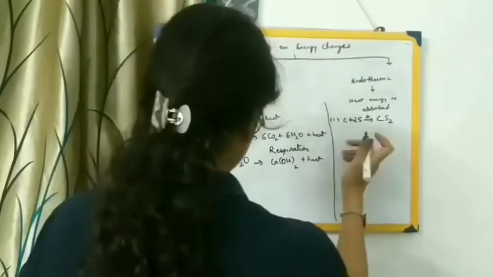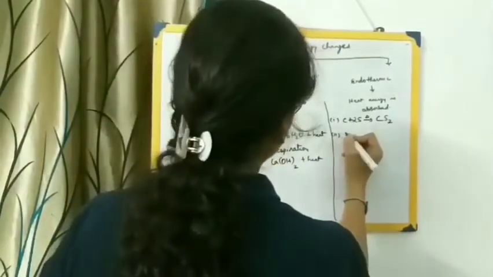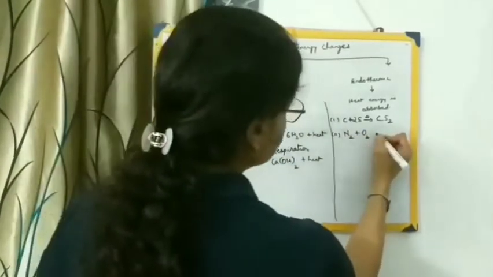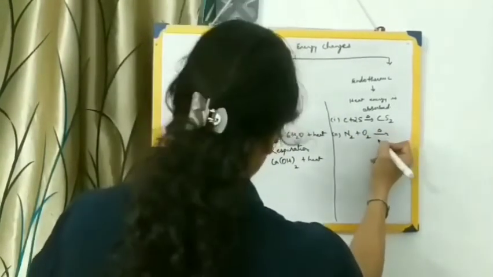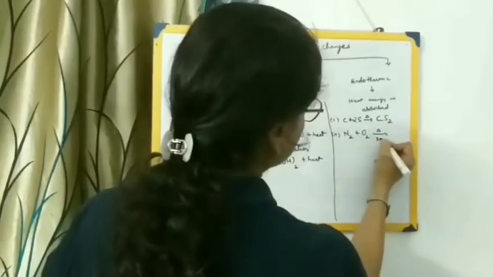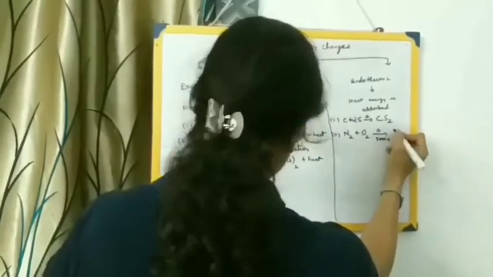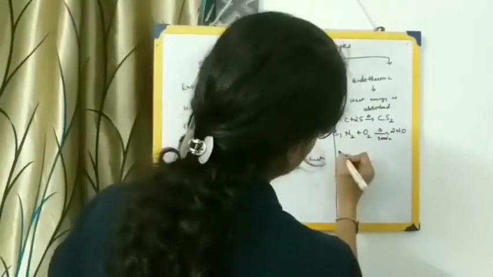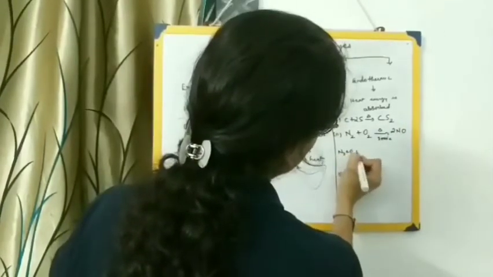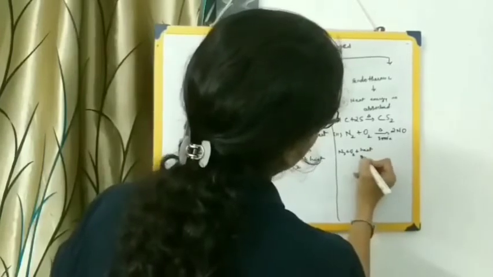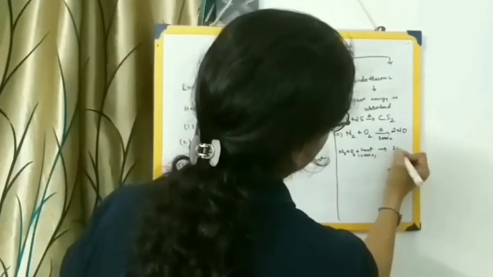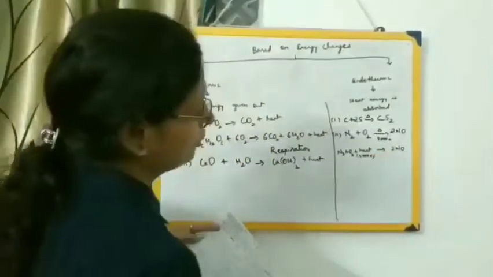Or we can take another example of this type of reaction, that is N2 plus O2, which on heating to a high temperature of 3000 degrees Celsius forms what? 2NO, that is 2 molecules of nitric oxide. So again you can write it in this way, that is N2 plus O2 plus heat, but you have to mention 3000 degrees Celsius over here, giving us 2NO. So both ways of writing the reaction are correct.